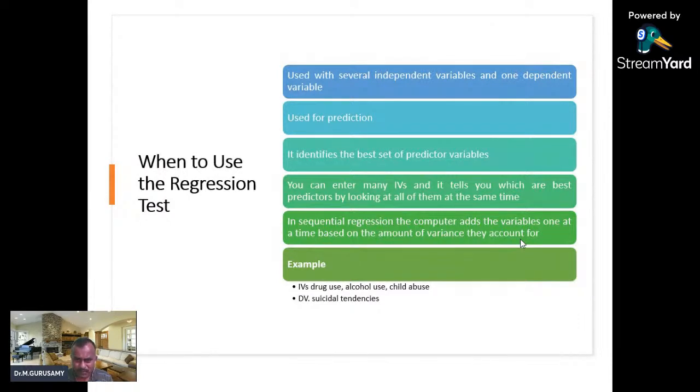We can enter many independent variables, and it tells you which are the best predictors. Best predictors means the most influencing factors, the independent variables, on the dependent variable, right? For example, here I've given IV meaning independent variables, and DV meaning dependent variable. Here the independent variables are drug use, alcohol use, and child abuse. This is a small example of how they influence or predict